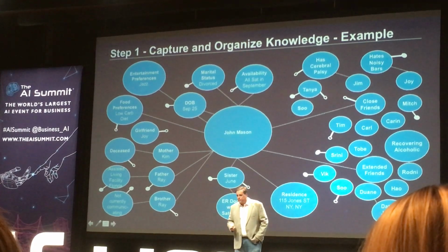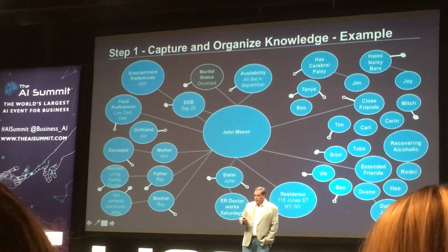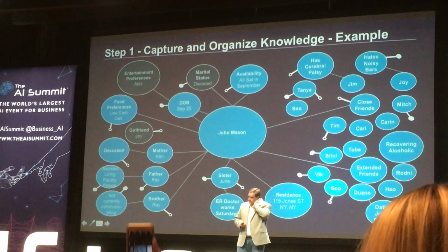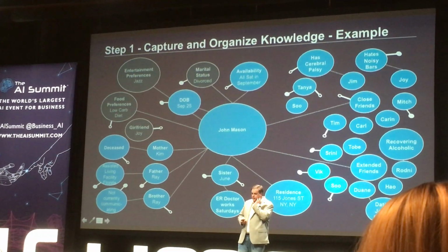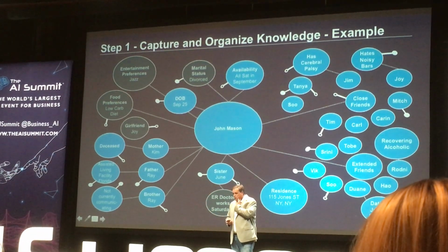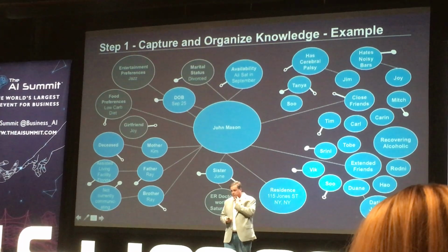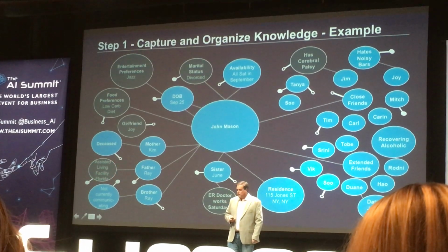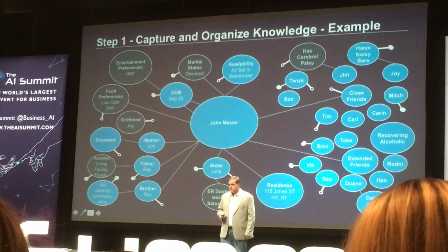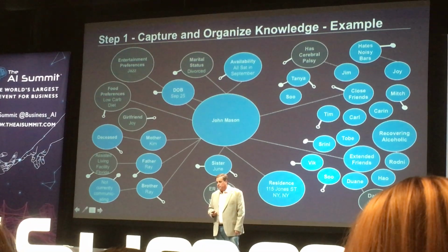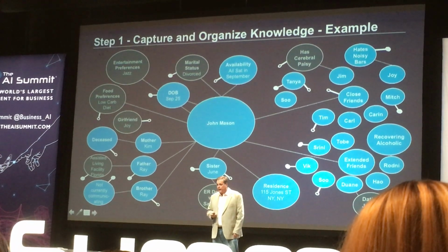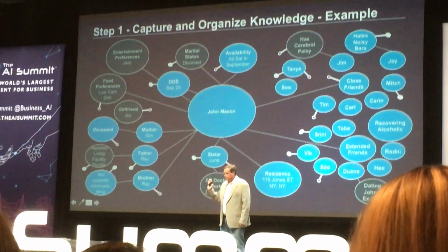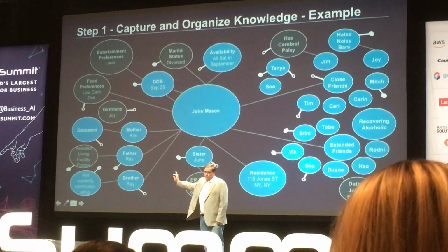And you can see this is John Mason. He's my friend. He's called Jabber. He's divorced. His girlfriend is Joy. He loves jazz. He's on a low-carb diet currently. His sister, June, is an ER doctor, and she works on Saturdays. His friend, Jim, has cerebral palsy. His father, Ray, lives in an assisted living facility in Florida. And the big news, which he doesn't know, is that Dwayne, his good friend, is dating his ex-wife. Okay? My first point is, curate that for me.